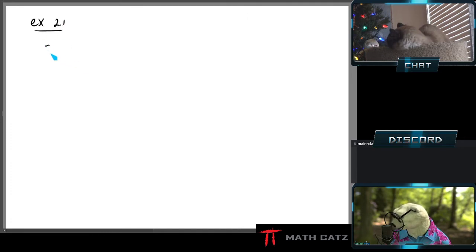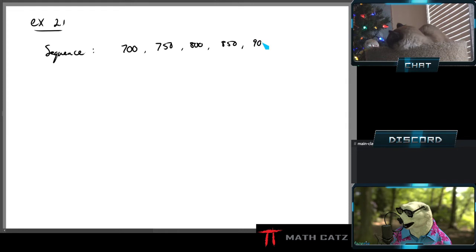So our sequence is 700, and then of course 750, and 800, and 850, and 900. Nothing too difficult, I hope. And we can also explain this pattern by way of a recursive formula. So see how we're building on what we have done before, where in the recursive formula we